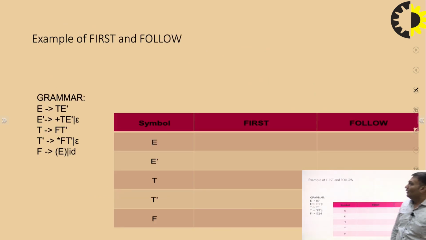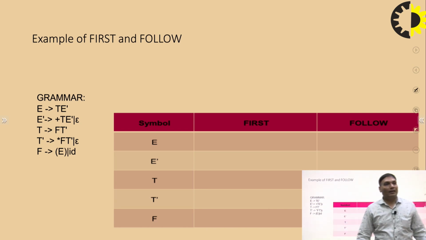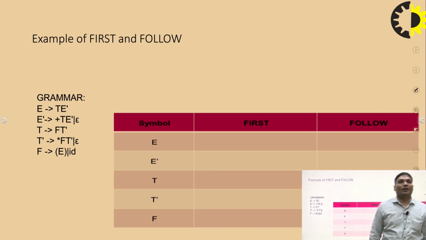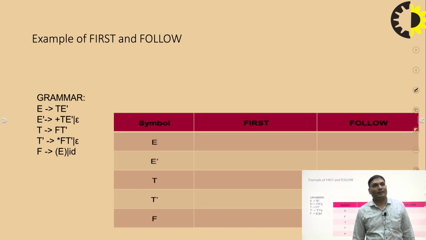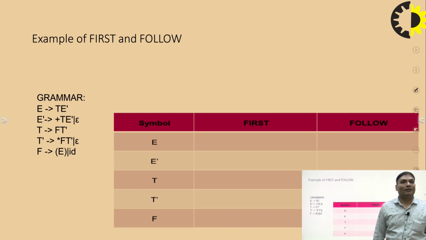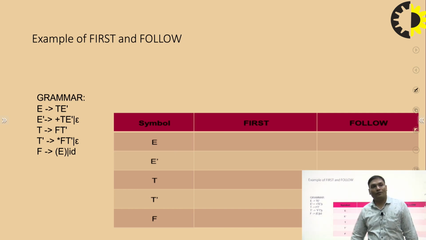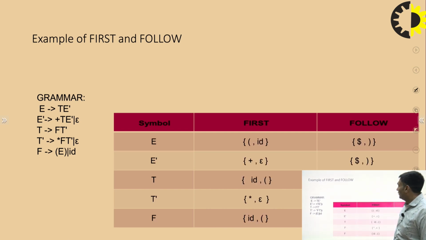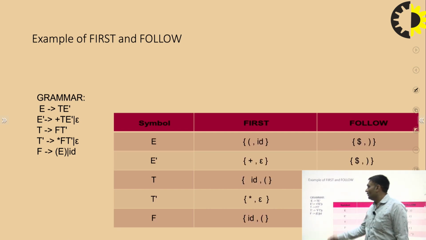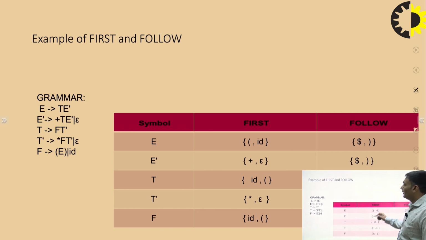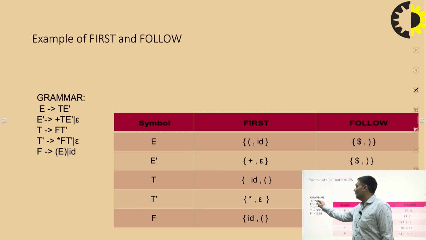Now, if we want to calculate the LL1 parser, then we need to calculate the second step, that is a parsing table. So how will we calculate the parsing table? Firstly, we will calculate the first and follow of a given grammar. So here we can see the first of E is